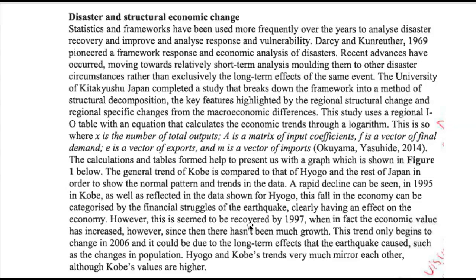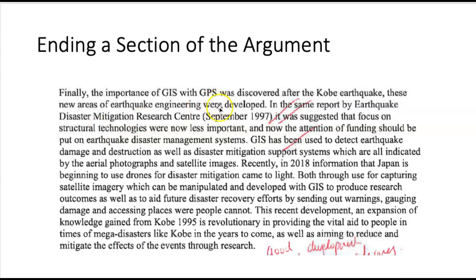So that's a different type of paragraph, and I want to emphasize again, just so that you can see that this is the Harvard method of referencing, where you will put down the names of the researchers and the date of the research. And the reference list, that's the bibliography at the end, will contain the full details of those studies. And now, this is an important slide as well, because I want you to see that one of the kinds of paragraphs that you might write is a kind of ending to the section of the argument. And as you'll see, this is an excellent example of how to do this.